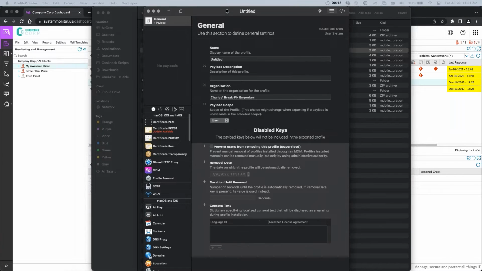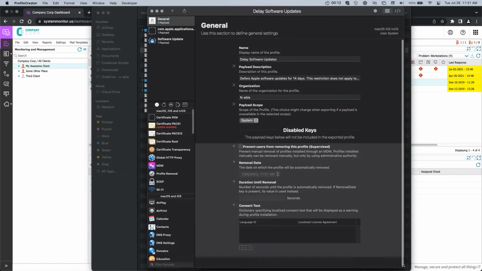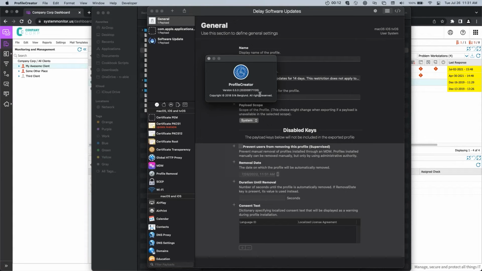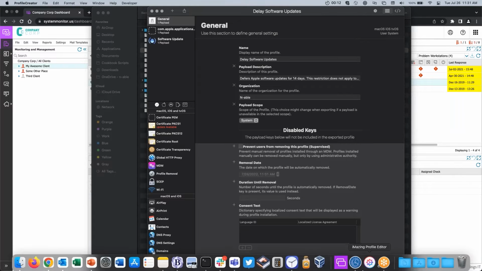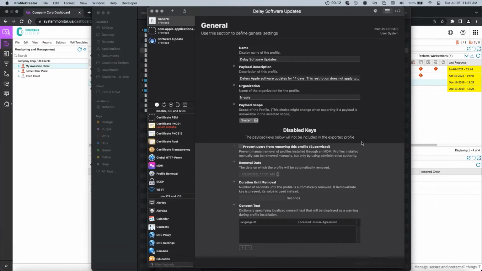All right. So the application I'm using here is called Profile Creator. It's available on GitHub. Just look for Profile Creator, all one word. The other one that might be of use to a lot of people is called iMazing Profile Editor. There is a Mac version and a Windows version of the iMazing editor. So if you're doing these on a Windows machine, you can stay where you're more comfortable and then deploy them